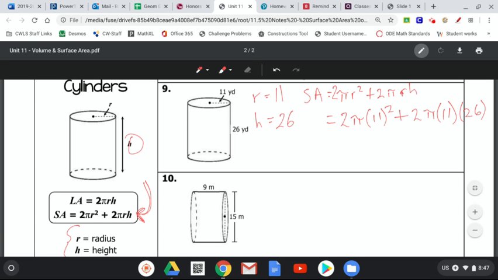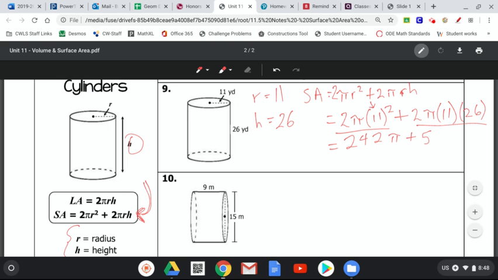For this one, the only thing when you're plugging in your calculator is you just have to be careful. Over here, you can just multiply that straight through in your calculator and get an answer. Right here, you have to do this 11 squared first. So remember order of operations. Make sure we're doing the 11 squared first. That's going to give us 121. Then we multiply that by 2. So that's going to give us 242 pi plus 2 times pi times 11 times 26